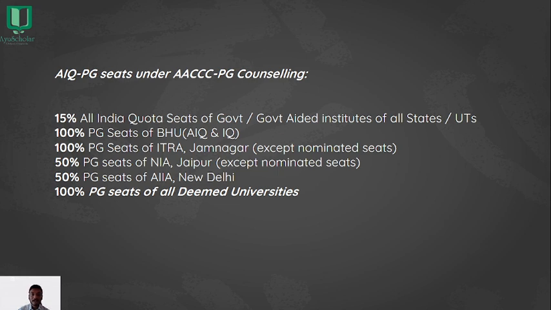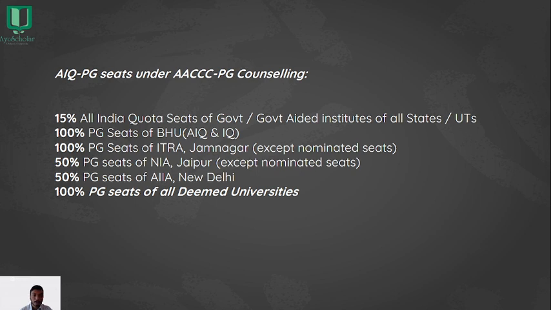What are the seats which are offered under this online counseling? Those are the 15% of all India quota seats of government aided institutes of all states and union territories. Coming to the national institutes, 100% of PG seats of Banaras Hindu University, which is inclusive of all India quota as well as internal quota, and 100% of PG seats of IPGTRA Jamnagar, except for those seats reserved under CGN